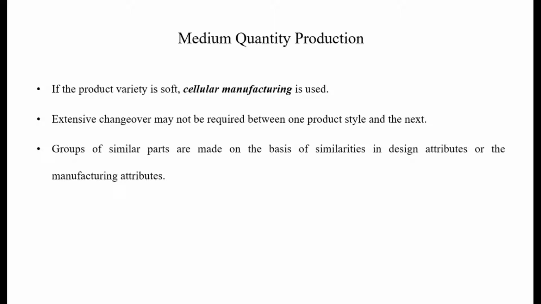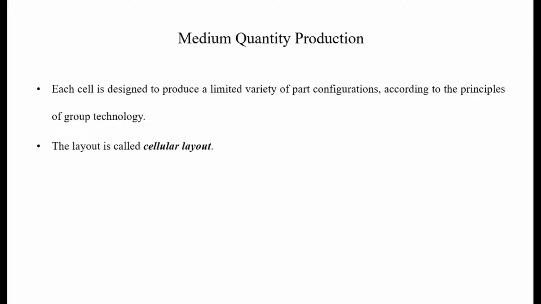So groups of similar parts are made on the basis of similarities in their design attributes or the manufacturing attributes. And on the basis of their design attributes or the manufacturing attributes, we design cells which are capable to produce a single family of parts or products. They are capable to produce a limited variety of part configurations, and the parts, the products, on the basis of their design attributes, on the basis of the similarities in their manufacturing attributes, are divided into different part families,